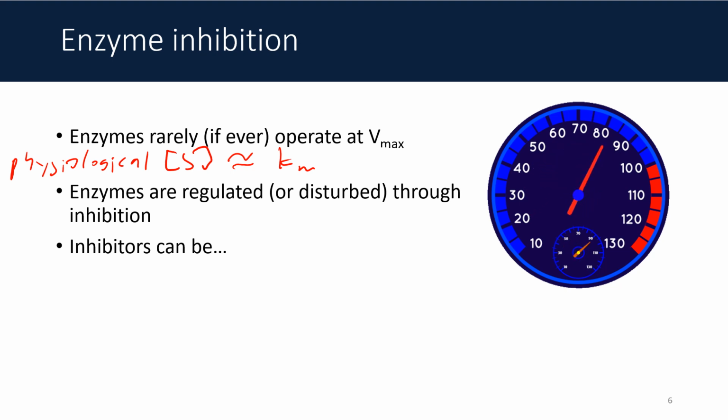It likes to conserve its resources, and we don't like to have all enzymes running at full throttle because that would be very wasteful. So I would say more often than not, we are going to probably want to inhibit an enzyme. And we inhibit an enzyme by giving it an inhibitor, a compound that's going to jam up the